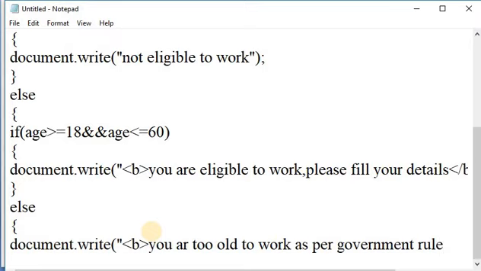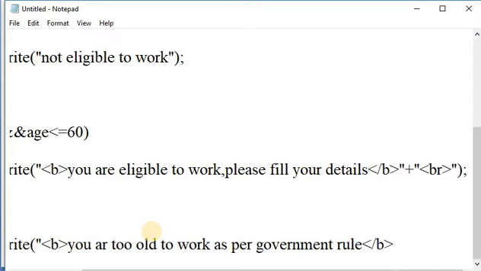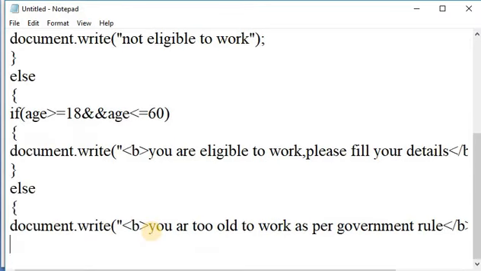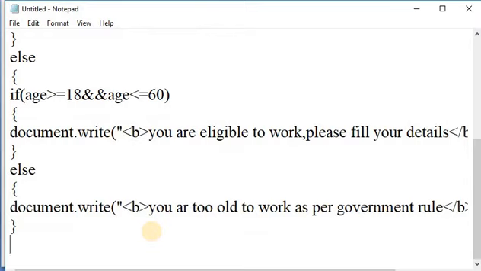And here close the bold tag. Again close the parenthesis. Here close the else, close the next else.